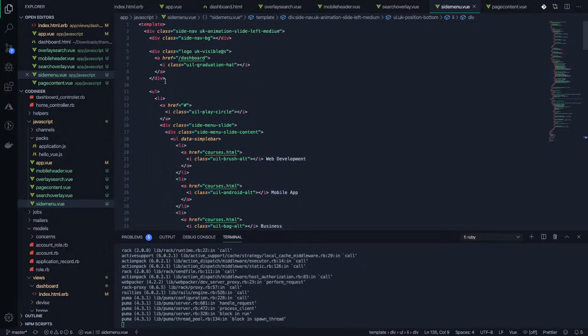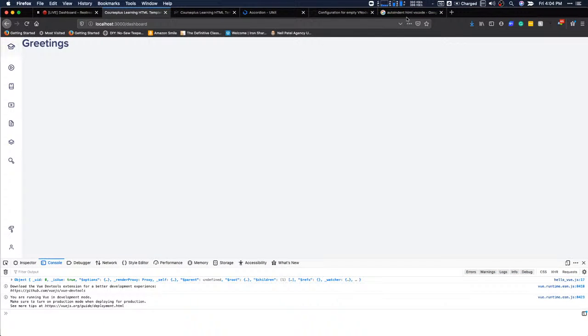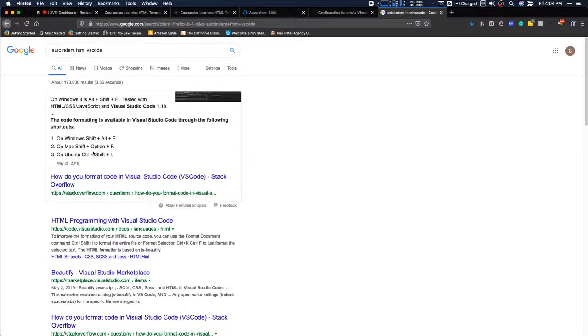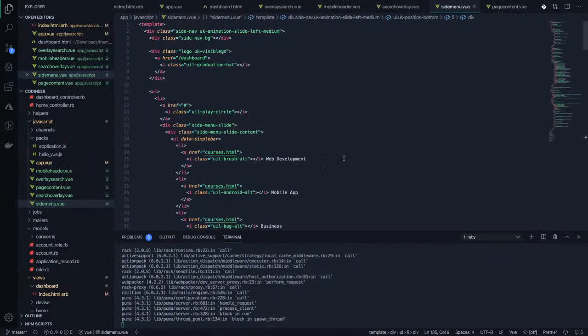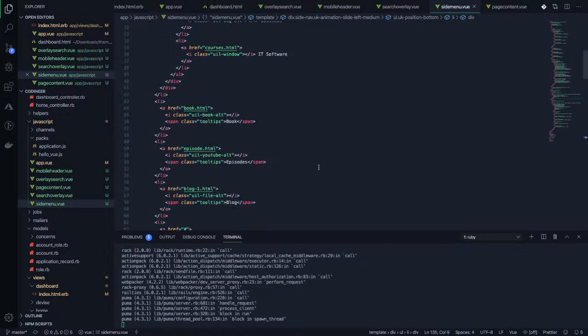And I'm going to move all this stuff into components, right? So there will be menu components and things like that, and that way I can just deal with it how I want to. But that was a little bit crazy. So the trick I learned, and you saw when I did the search, was Shift Option F, and then it complained that it was missing closing tags or whatever. So anyway,